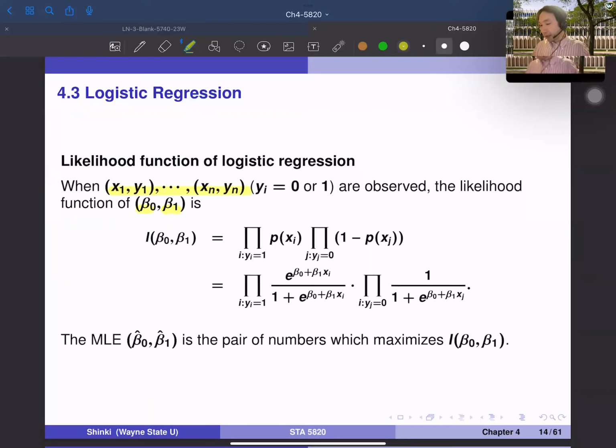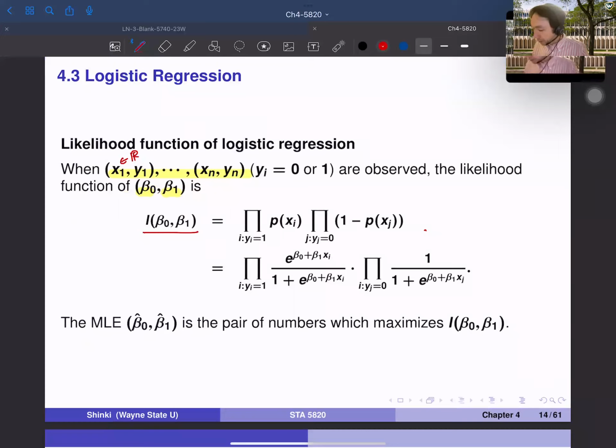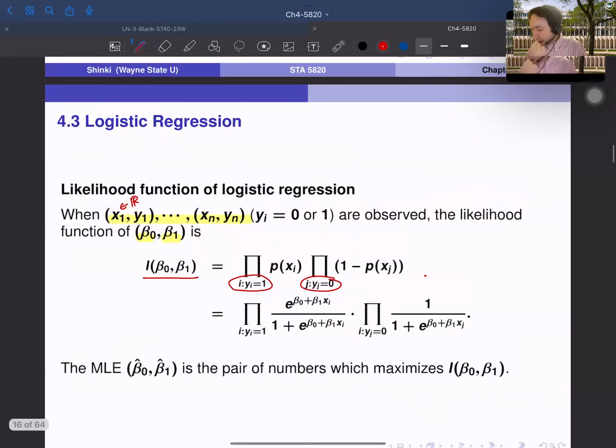Here, let's simply think of x as univariate, just a number, and y is either 0 or 1. Then the likelihood of beta naught and beta 1 is defined as this right-hand side. Here is the product over all observations with yi equal to 1, and this is the product over all observations with yj equal to 0. So, given